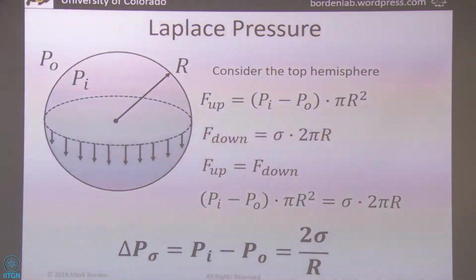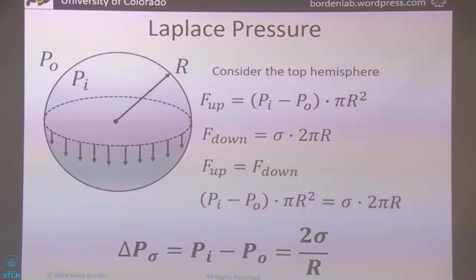For a microbubble, in SI units, the radius is on the order of 10 to the negative 6, so that means delta P is on the order of 10 to the 6, right? And then we have surface tension, which for a pure gas-liquid interface is 73 millinewtons per meter, or 0.07 newtons per meter. So overall, a micron-sized bubble will be on the order of 10 to the 5th pascals, or 10 to the 5th newtons per meter squared, which is about an atmosphere. So even if P naught is 1 atmosphere